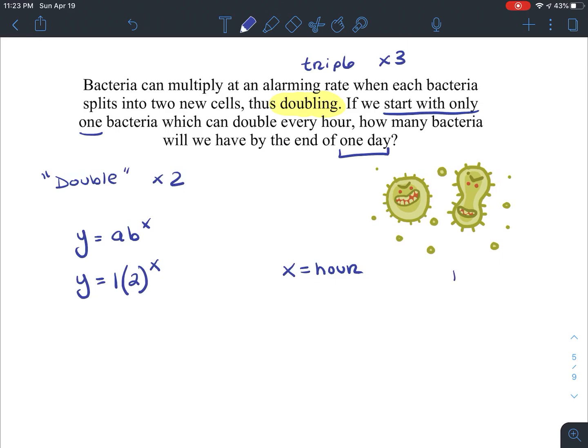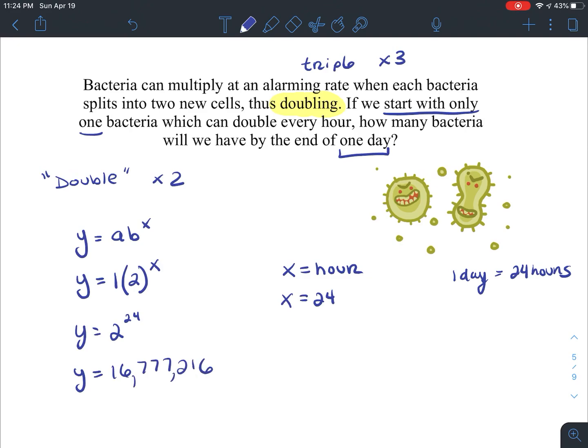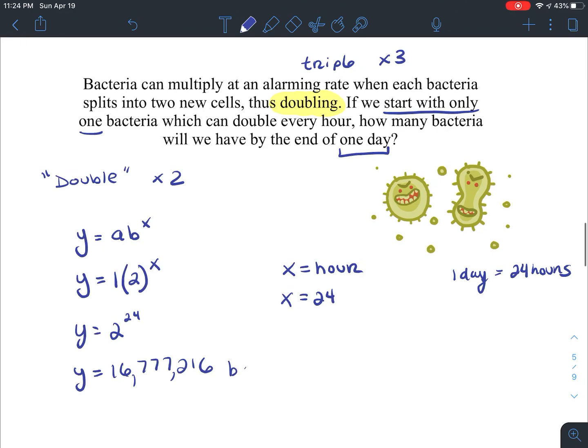So we need to convert 1 day into 24 hours. So for my X value, we're going to substitute in 24. When I plug that into my calculator, I get the incredibly large number 16,777,216 bacteria. So at the beginning of the day, we had just